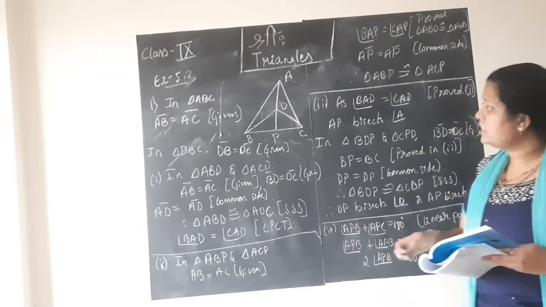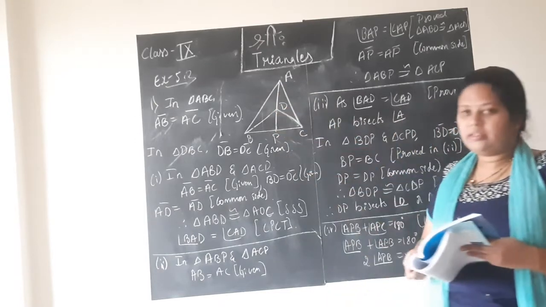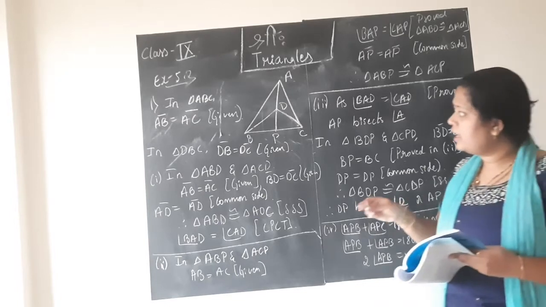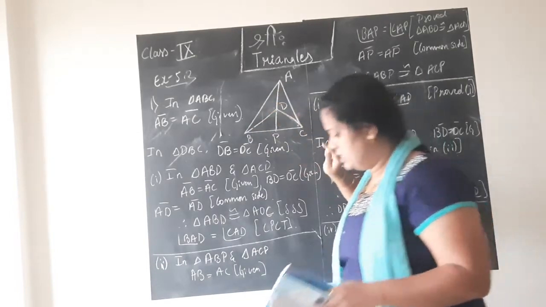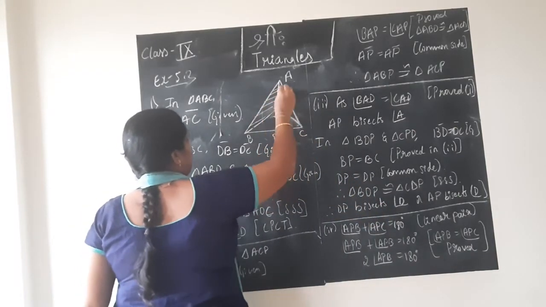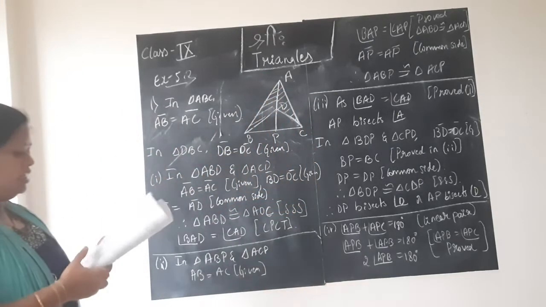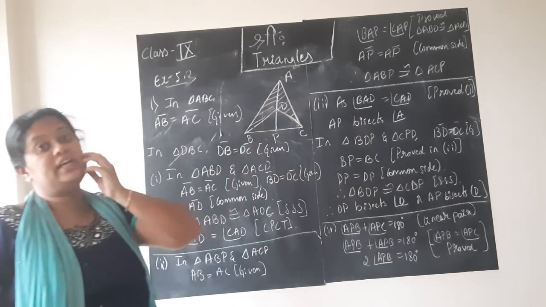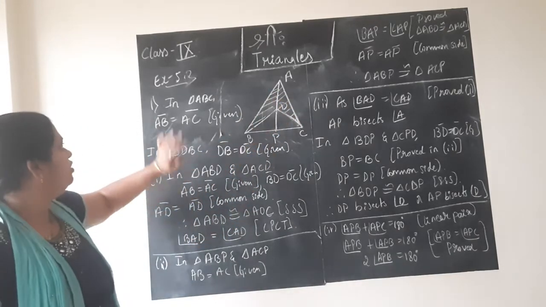If AD is extended to touch the base BC at point P, show that triangle ABD is congruent to triangle ACD. I will draw the lines for you to understand. We need to prove in the first case that triangle ABD is congruent to triangle ADC. These two triangles, the shaded ones you see, children, are congruent. We need to prove this in the first part.